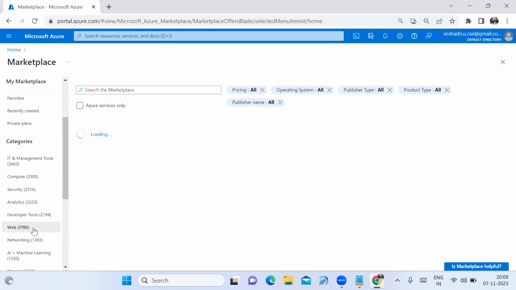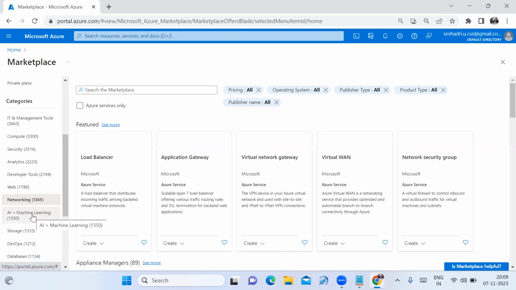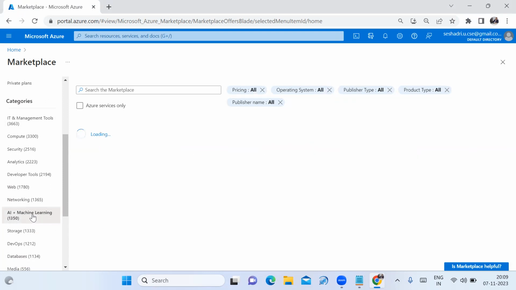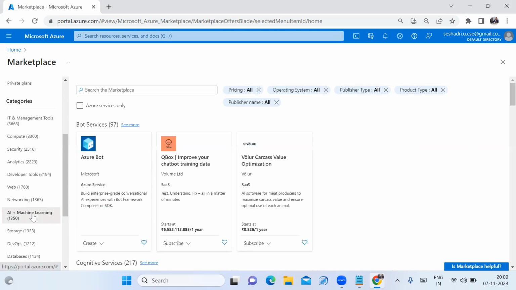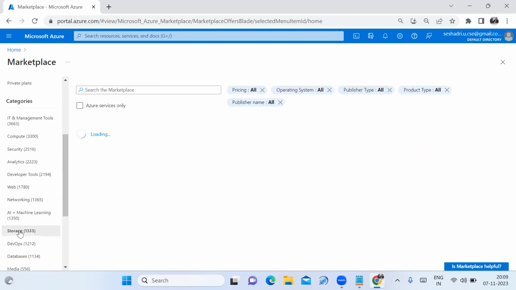Web tools are there. Networking, AI and machine learning tools, including third party. Those are the AI and machine learning tools. Those are storage,